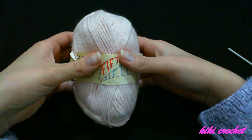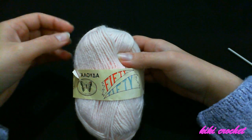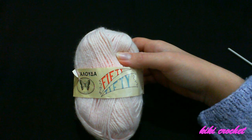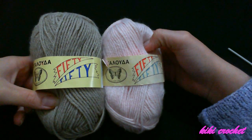In this video we're going to learn how to make a crochet hat with a ruffled effect. This hat is for a 1-year-old girl and the head circumference for this age is about 48 centimeters. So we want to make the hat about 4 centimeters smaller than the head circumference and about 17